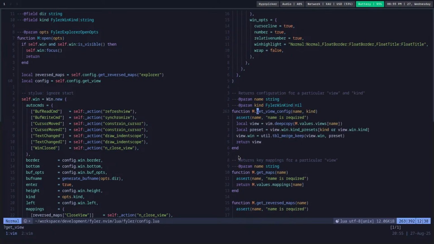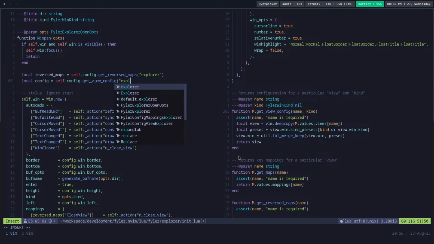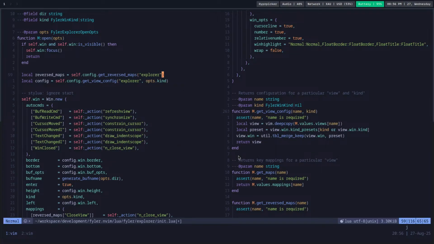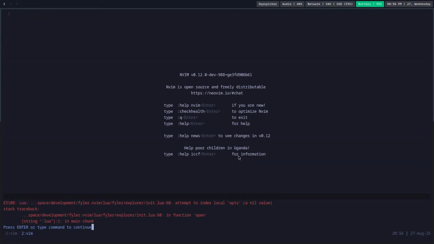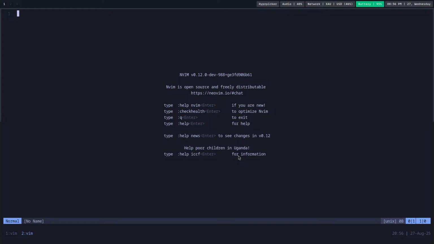Get view config, get view config for explorer, and ops.kind, the window kind. Maybe this time it could work. Ops nil value. Oh, sorry. So that will be equal to